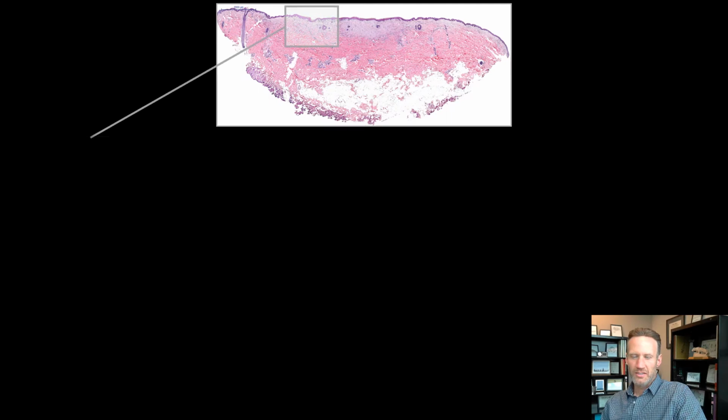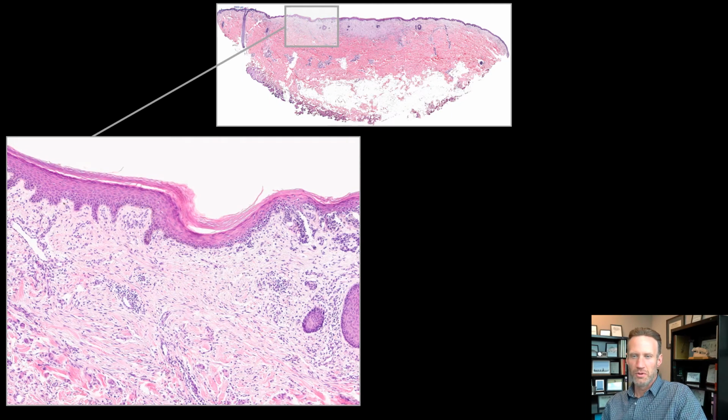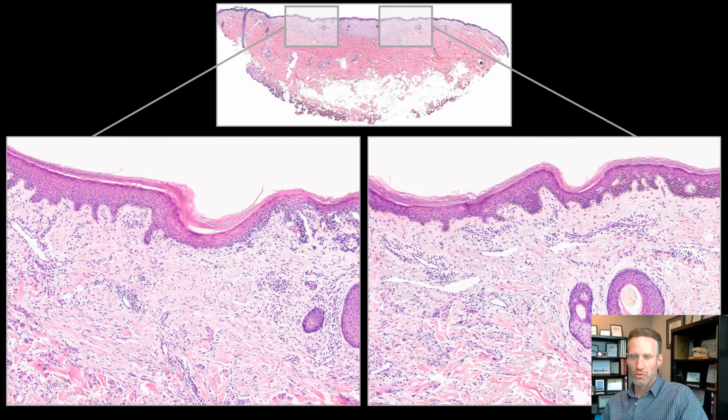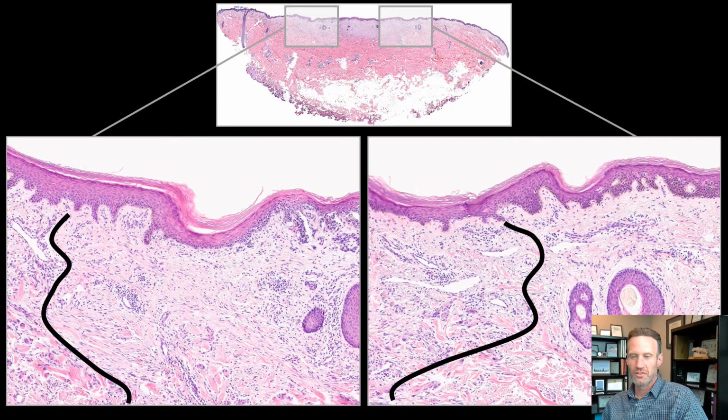In this setting, it's often important to assess the distribution of the atypia. Is it confined to the zone of scar fibrosis, or does it extend beyond it? The image on the left is from the left upper periphery of the scar, and the image on the right shows the right upper periphery. Now, I'll roughly outline the peripheral edge of the scar in both images so that it's a bit more obvious. And that highlights the fact that the entire lesion seems to be localized to the area of fibrosis, at least